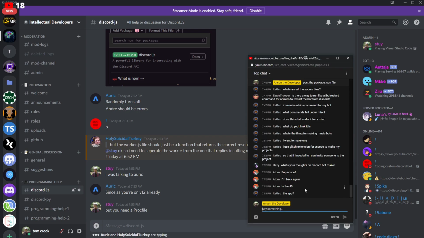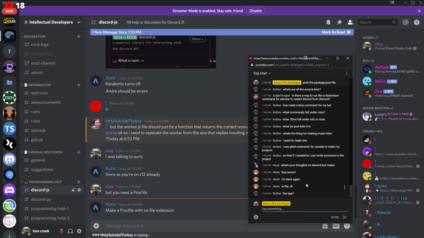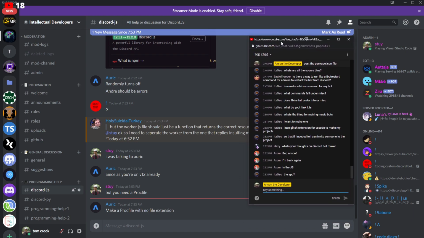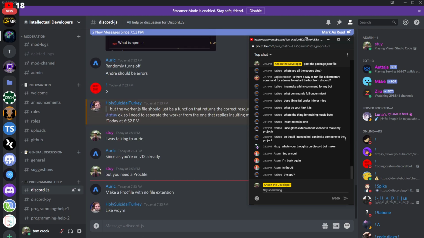Is the JS. Yeah, Discord bot maker. I was thinking about making my own a while ago, but I wasn't really that experienced back then. But if I were to make my own, it would be something that's hard coded. All it would be is just an application that allows you to just add plugins. That's really it. But you don't really get much customization.